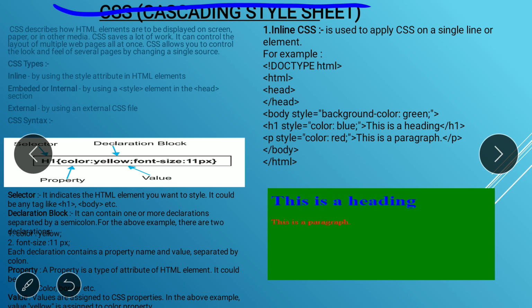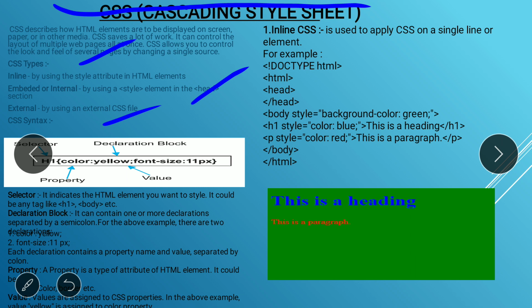Okay, so here are the CSS types. First one is the inline, second one is the embedded or internal, and third one is the external. So if you want different styles for your different pages, that time you use the inline or internal CSS.